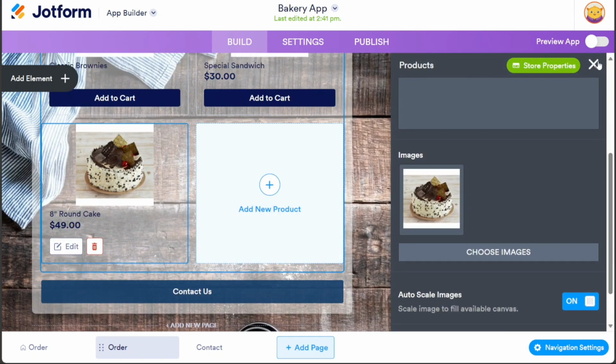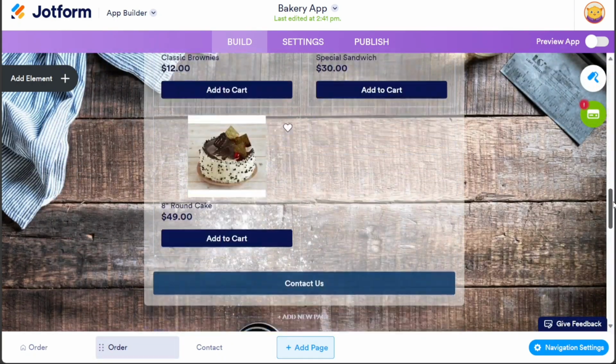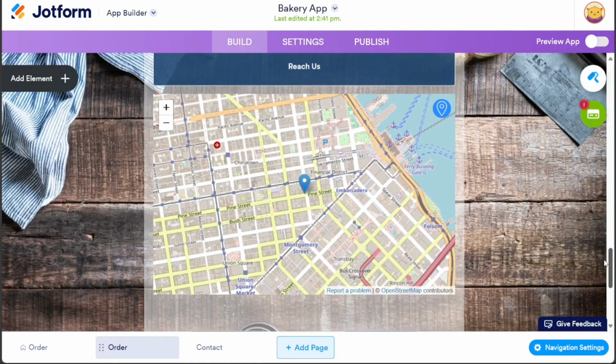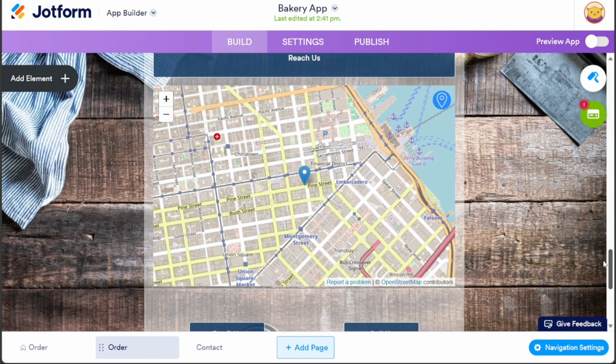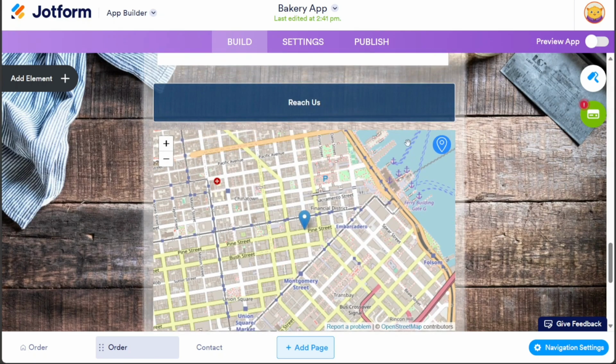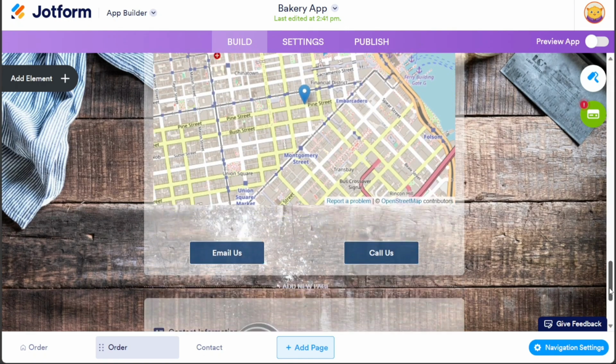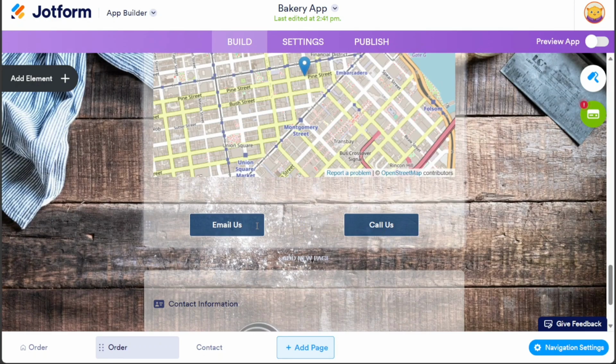Further down, you will encounter the third page, which includes a map highlighting the location of our bakery factory. Alongside the map, there is a Reach Us button that enables customers to easily contact you if they have any questions or special requests. This page helps provide a personalized touch to your online bakery store and fosters a sense